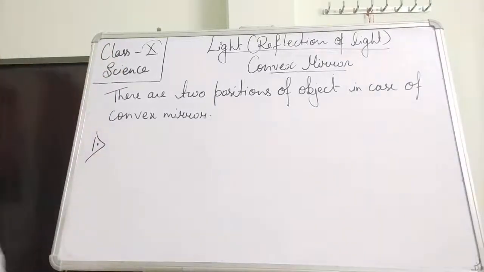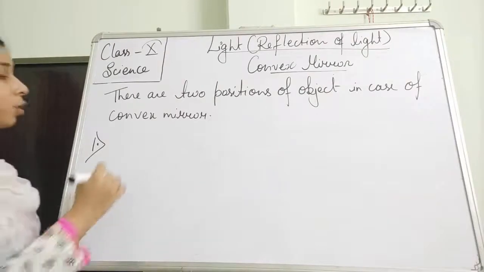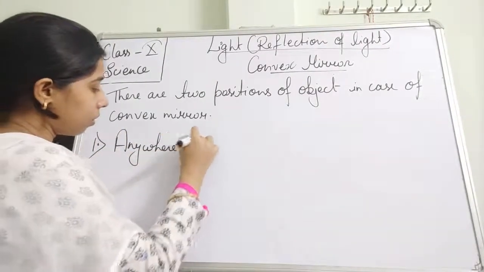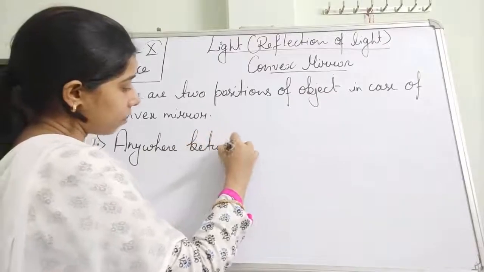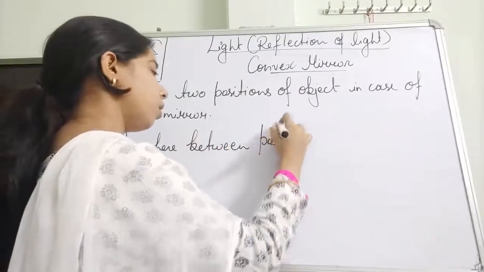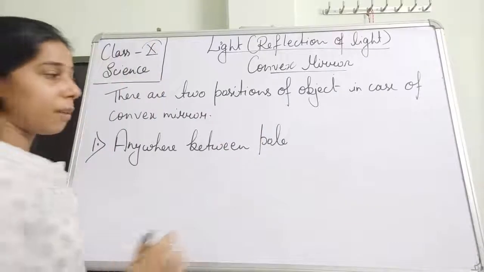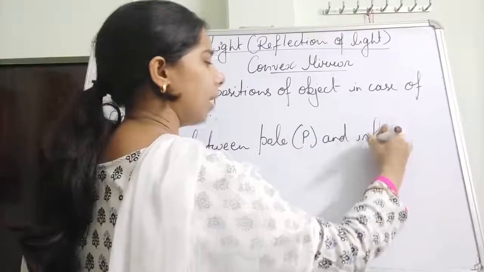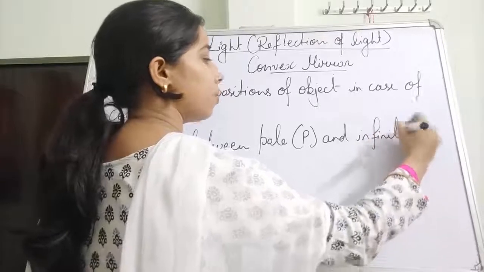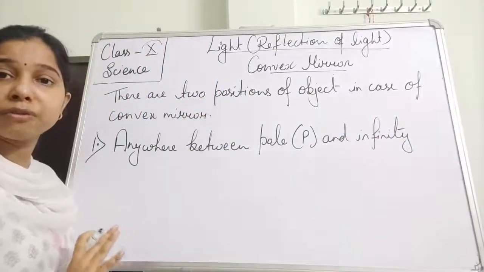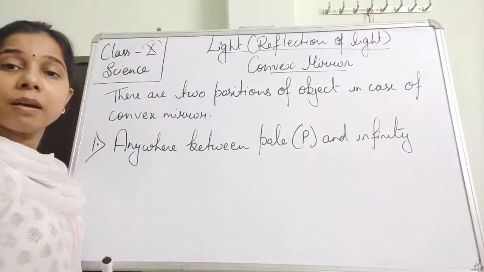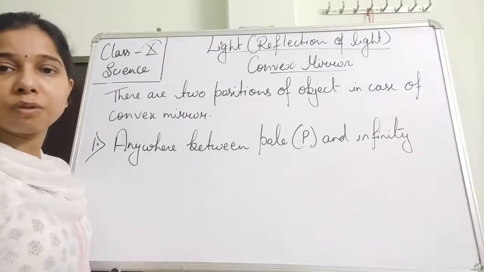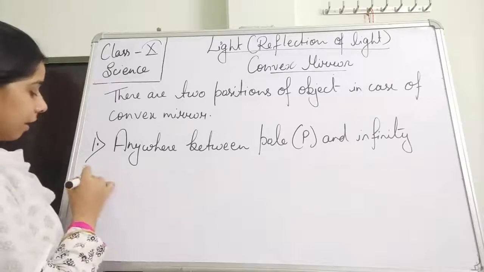So the first one, students, is anywhere between the pole, which is represented by P, and infinity. Anywhere between pole and infinity. This is the first condition, that the object can be kept anywhere between the pole and infinity on the principal axis. The second one is